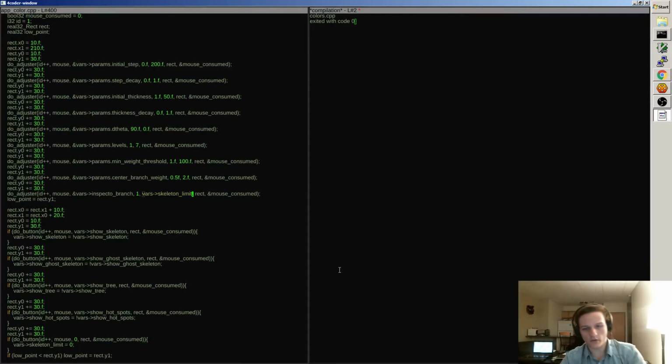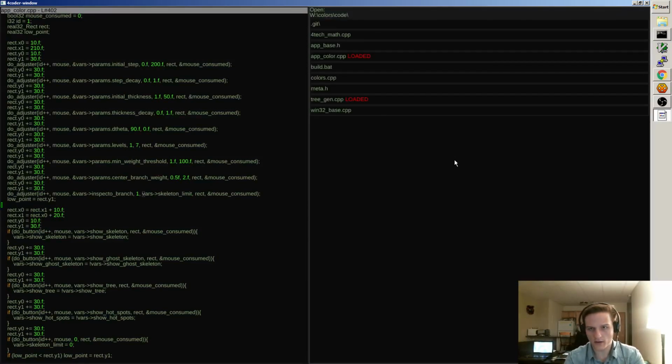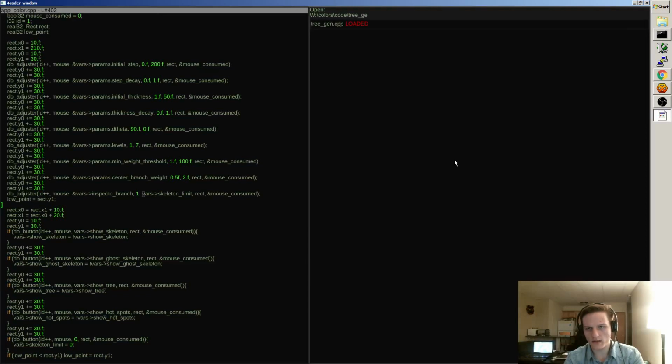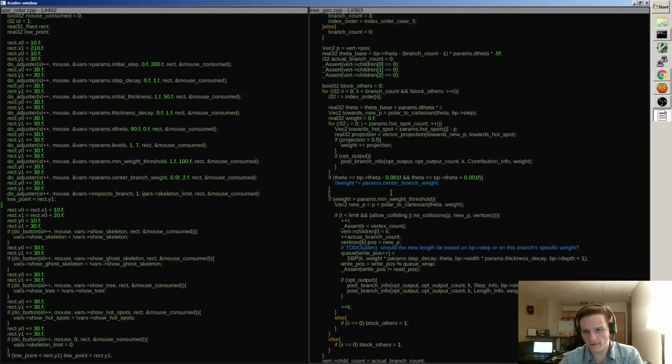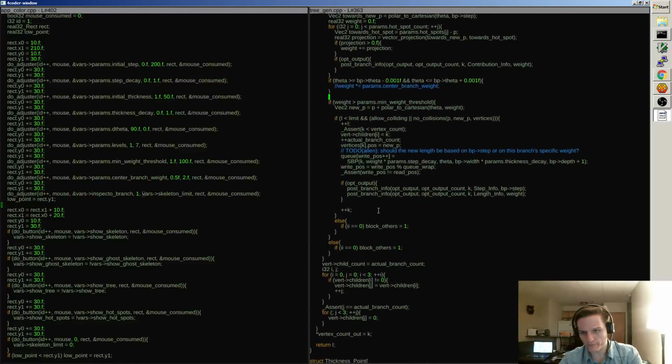Okay, there's the first dumb thing I did, but the other thing is, I think over here, treegen.cpp, when I set, yeah, so that right there, I'm multiplying by step decay, but the weight, oh man, that still doesn't make sense. The step should be smaller than the length. Okay, so what's happening is,